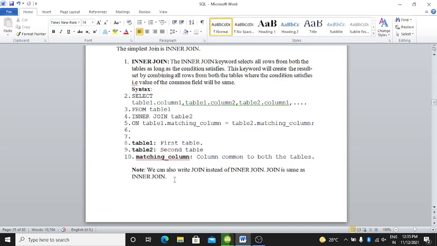Note, we can also write JOIN instead of INNER JOIN. JOIN is the same as INNER JOIN.